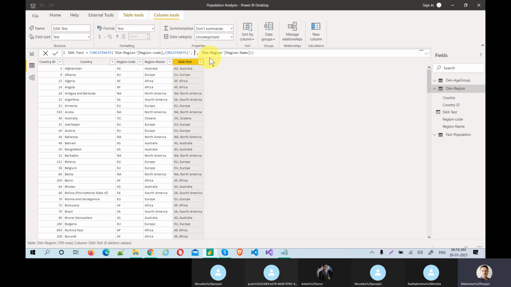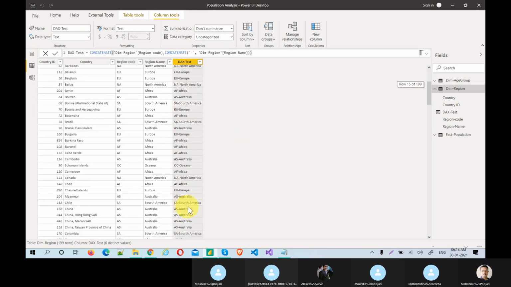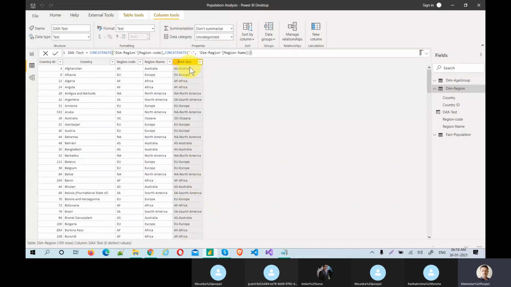If you don't want any comma, you can simply give a space and that's it. Space will come. Let's say you want a dash, you can give a dash. In future, if you want to make it a delimiter to split the column, you can use the delimiter and split it. Anything is possible using DAX.